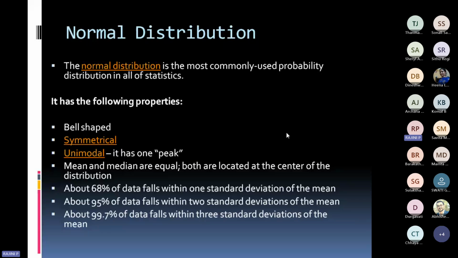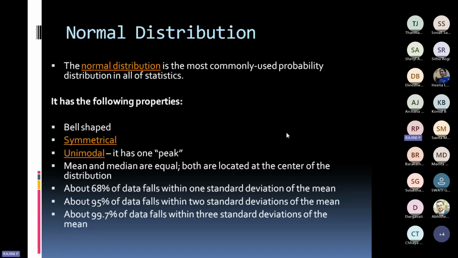In any analysis, before going for the analysis, we see whether the data follows the normal distribution or not. How will you decide that? When you are plotting the data, the data should have one peak, that means it should be unimodal. Unimodal means when you plot the values on the graph, you have only one peak, and it should be symmetric. Symmetric means from that peak, the area on the left side is the same as the area on the right side. That means the shape of the curve must be a bell-shaped curve.